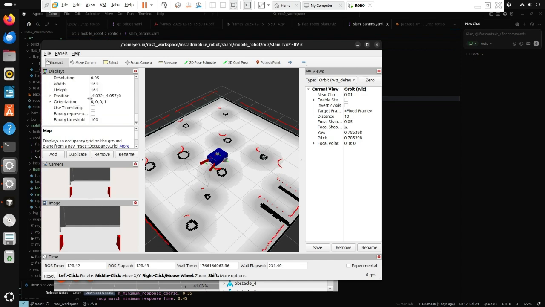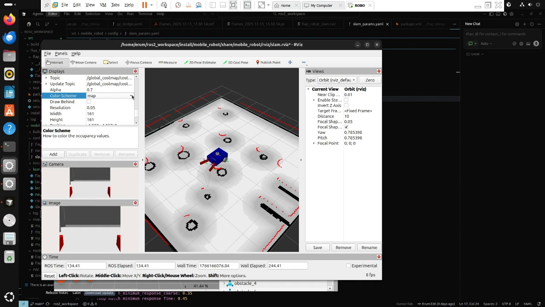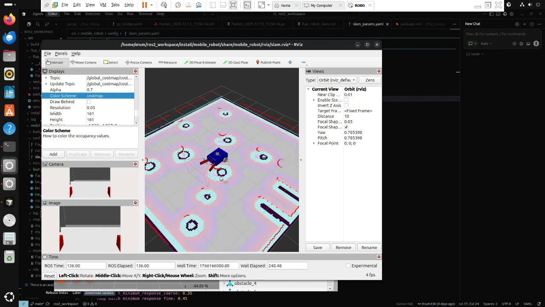So basically, the closer the obstacle, the more the color tells the robot not to go near it. As you can see, the closer to the obstacle, the color is red, and the further away it is, it starts to go blue, which means blue is an area where the robot can move. For navigation, now we can use